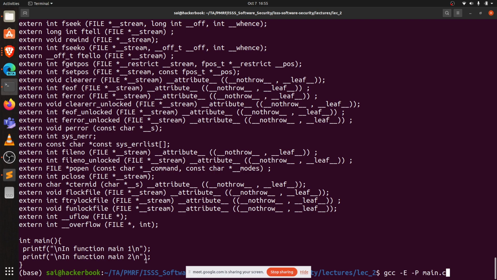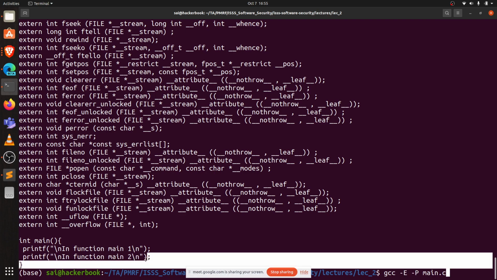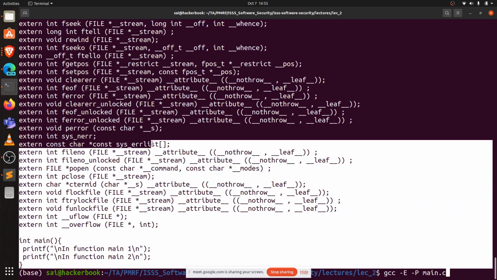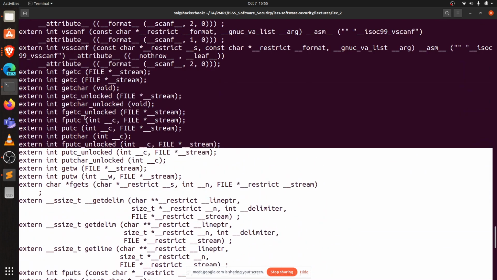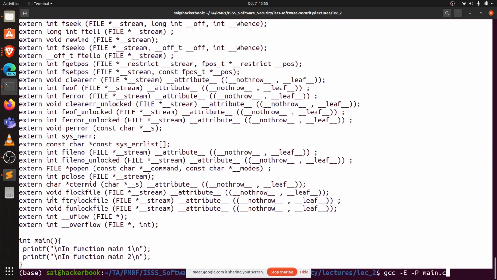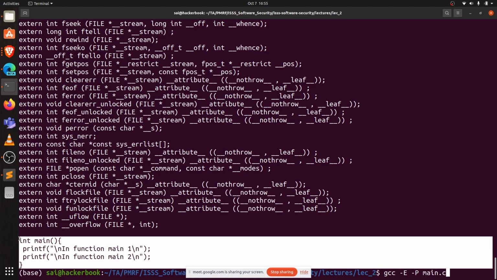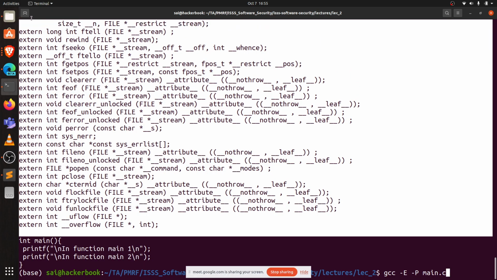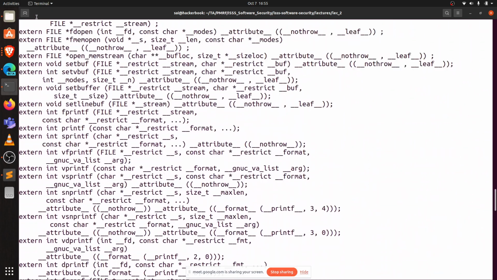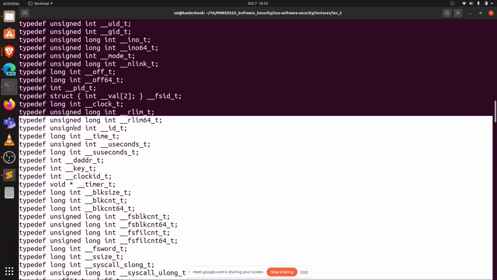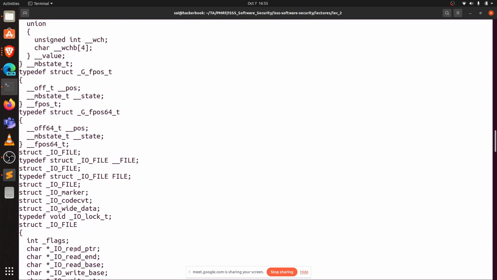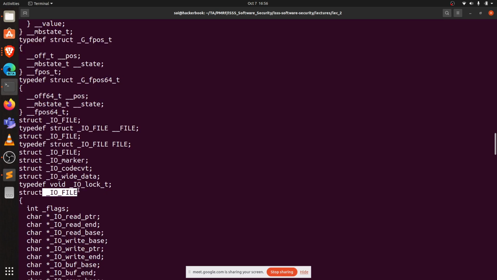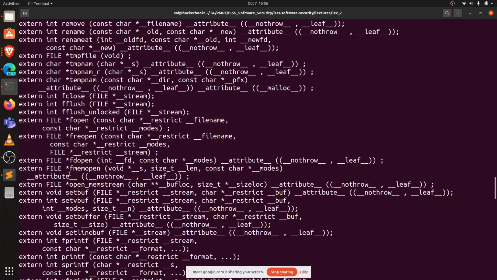So at the end of the pre-processing phase, without the whole compilation occurring, this is the output that we get. If you notice over here, your main function, that small two-line main function which just has the two printf statements, is just this part of the code printed over here. But before that, you have all these extra lines which are included as part of the source code during this pre-processing phase. You will have all these file operations, and if you look into these things,